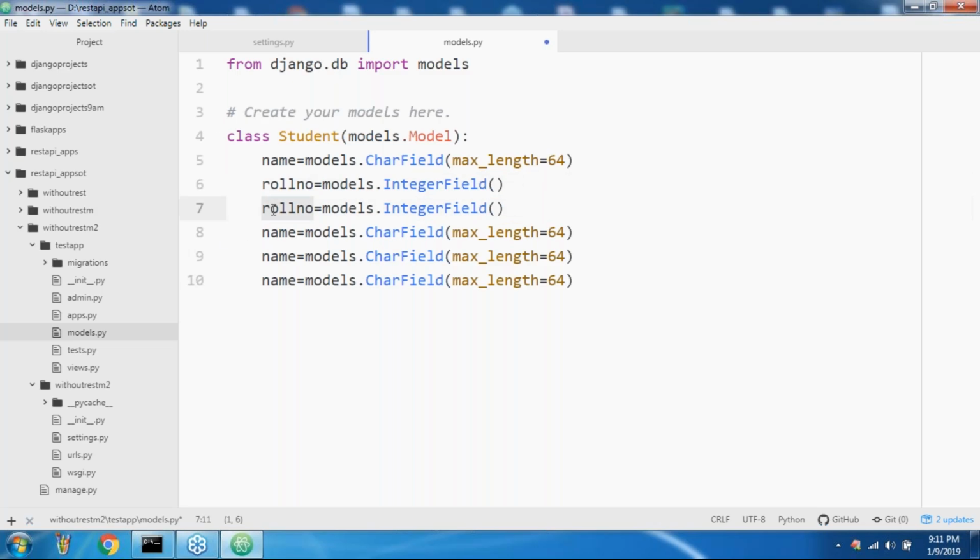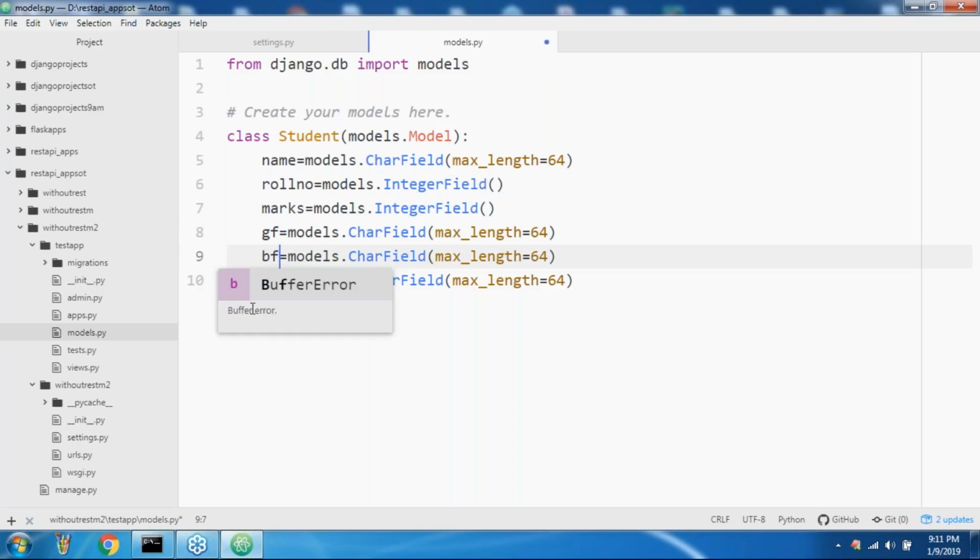Name, roll number, marks, integer fields only. Next, let me take that for every student assume there is a girlfriend, sir. Marks is like CGPA. A lady student may have a boyfriend. So models.CharField, like this.